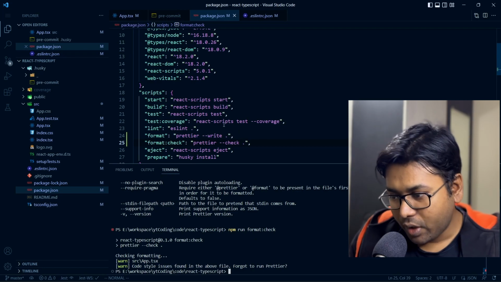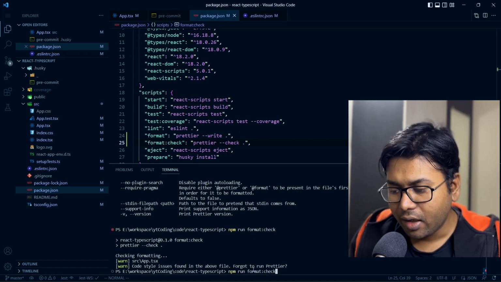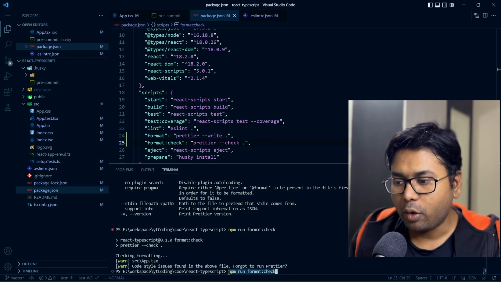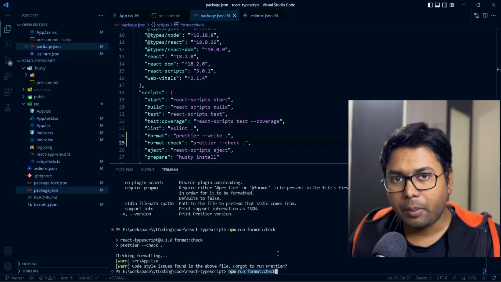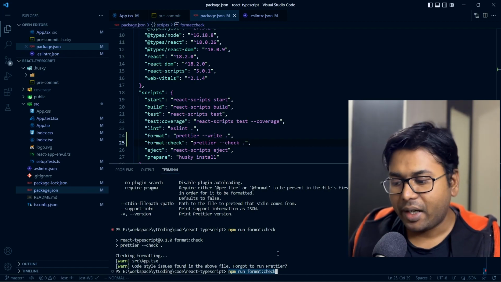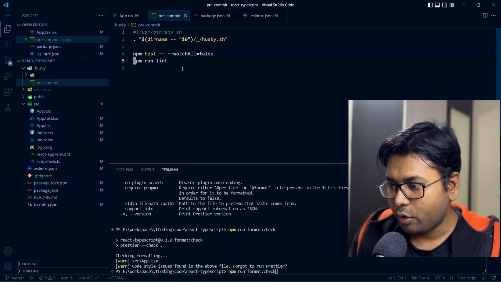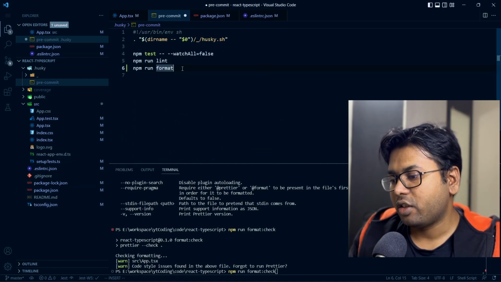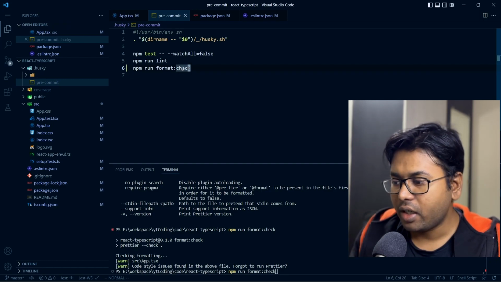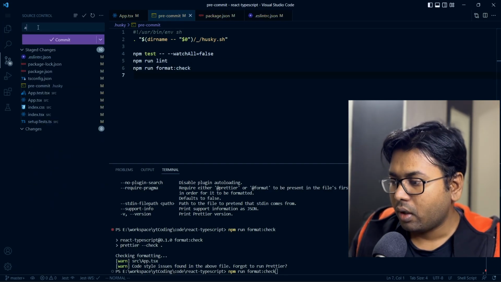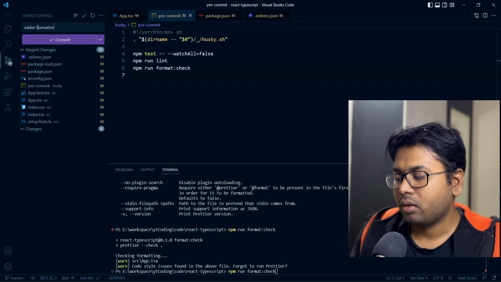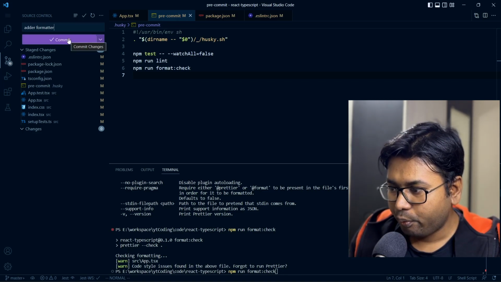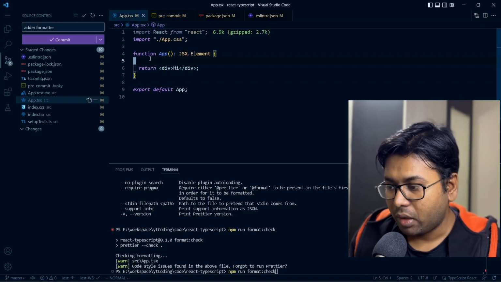Now this script npm run format check, we can add this in our pre-commit hook. Then whenever you try to commit, it will check the formatting errors. So in a pre-commit hook, you can add npm run format check. Alright, add it. If you try to commit now, provided we have some errors,